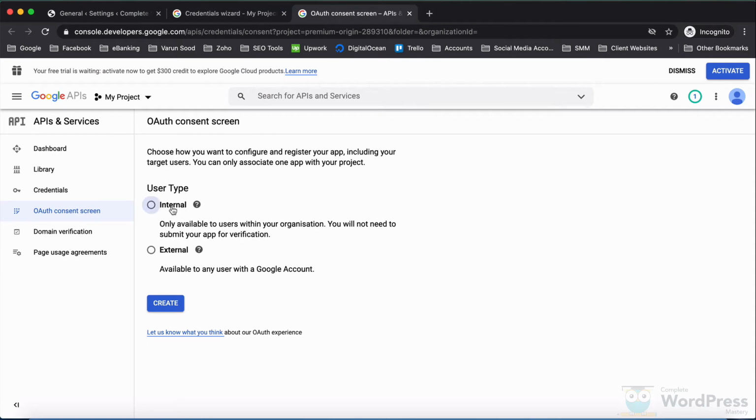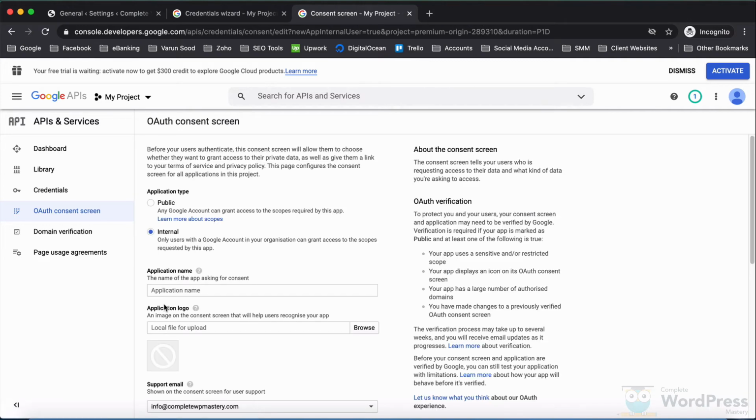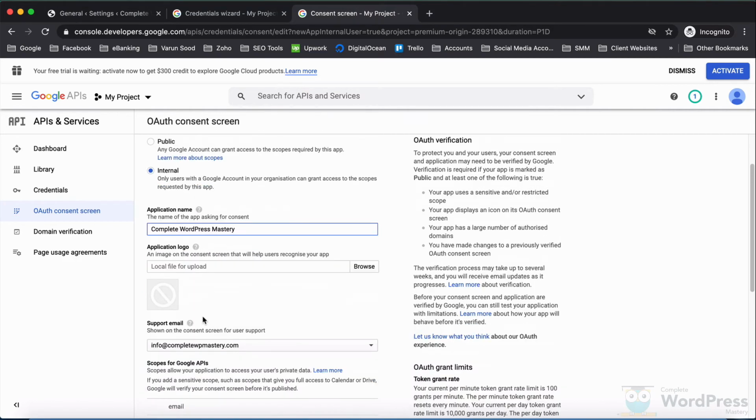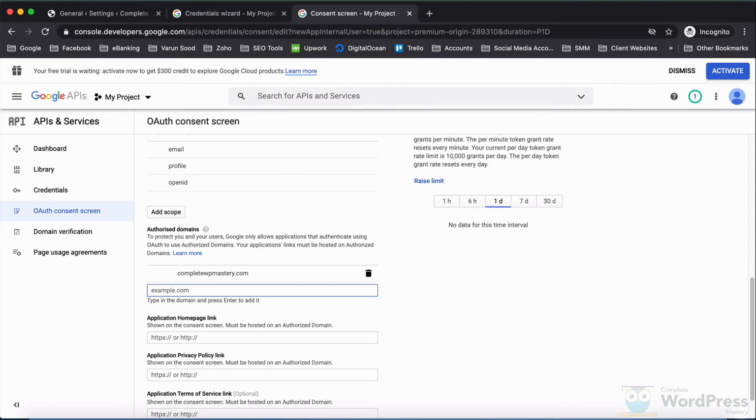and then select Internal for the user type. For the application name, type Complete WordPress Mastery or anything that you wish, and then put in the authorized domain. Make sure you don't include www and that you press enter after putting in the domain name.